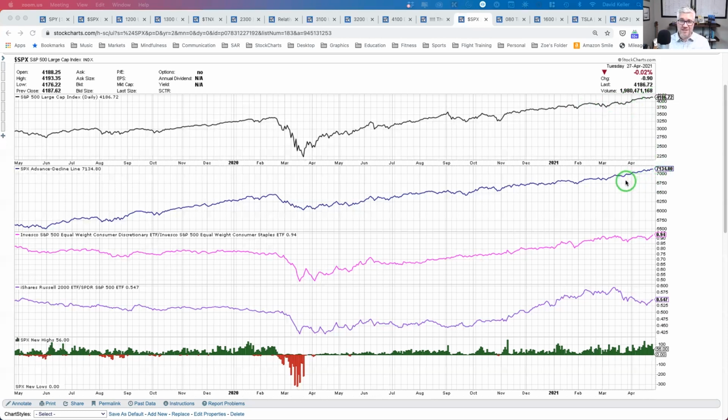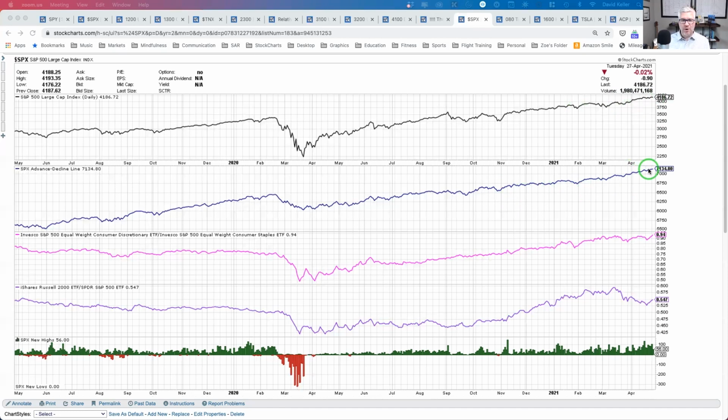Number two is the cumulative advance decline line. At the end of every trading day, you can say how many stocks in the S&P closed higher and how many closed lower, comparing today's close to the previous day. Every day you get an advancers and decliners number, total advancers minus total decliners. You keep adding those daily net figures, and that creates this line, the cumulative advance decline line. This, along with the S&P 500, continues to make new highs.